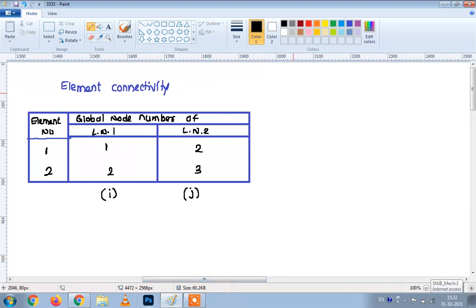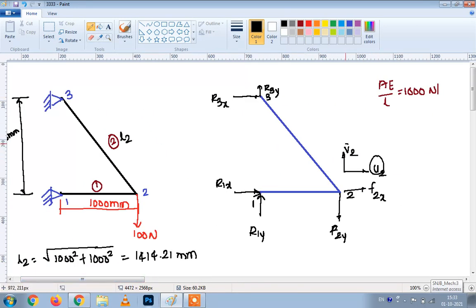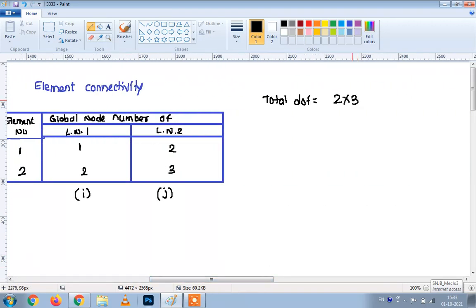Now after this we have to find out the total degree of freedom, because this particular term, total degree of freedom, is required to find out the dimension of global stiffness matrix, dimension of displacement vector, dimension of force vector. So total DOF. How to find out degree of freedom per node? Degree of freedom per node is 2. We have seen the degree of freedom per node is 2, into number of nodes. So number of nodes 1, 2, 3. So we are having 3 nodes here. So total degree of freedom for this structure is 6, which is nothing but the value of n. So dimension of stiffness matrix, what we will get here?